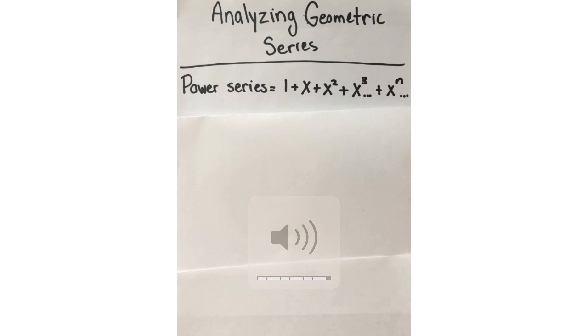Today we're going to be talking about geometric series. What you see on your screen now is called a power series. A power series is a form of an infinite series. And a geometric series is an infinite series in which one obtains the next term, which you can see here is x,